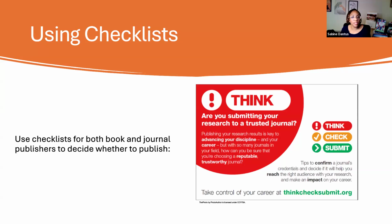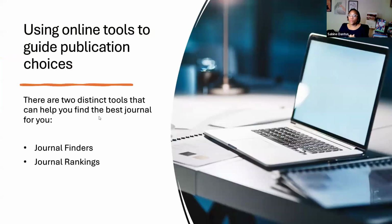I kind of love the checklist. I think it's really good, especially if you're a newbie, to keep yourself on track and make sure that you're doing what you need to do. So that's that. Okay, so the online tools, there are two different things,